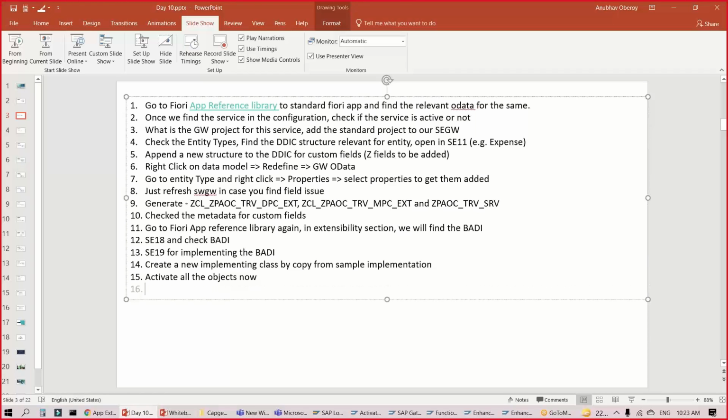So now we've activated all the objects. What will be our next step? Our next step is, of course, to go to this implementing class and write our logic to return data for our custom fields eventually. This will be our final and last step. So let's jump to the implementing class right away.